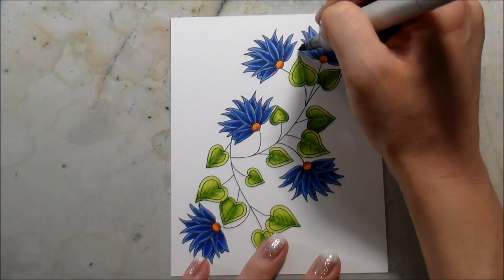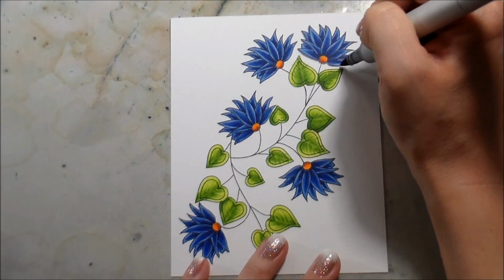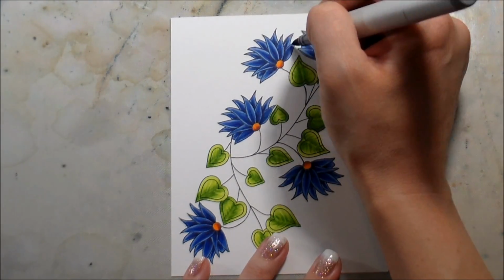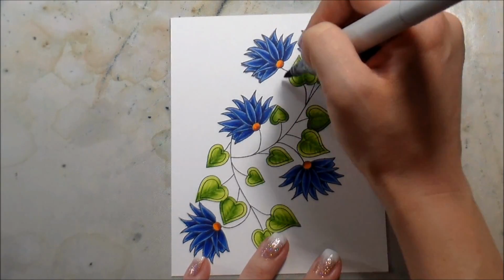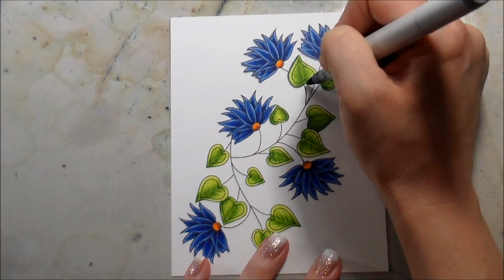I just wanted something that was going to help it pop off the page since it's going to be a 1-layer card. I always operate with my shadow being, you'll see me there hold my pen, the light source is in the top right, which makes my shadow to the bottom left. And this is something that just comes with practice, and you just saw me do it there, and sometimes I have to check to see how it's going to hit a flower or a leaf or whatever